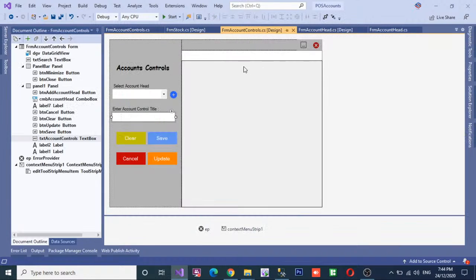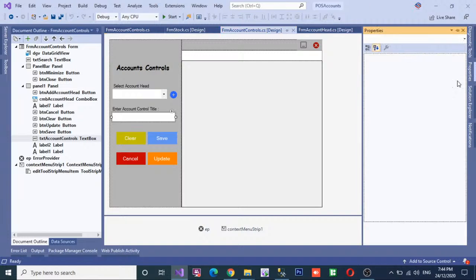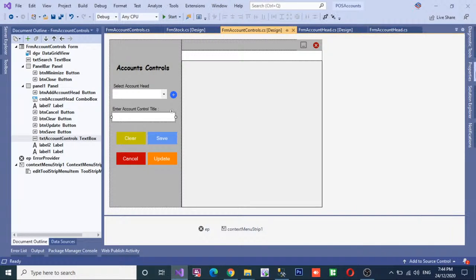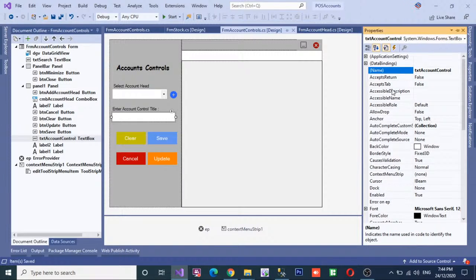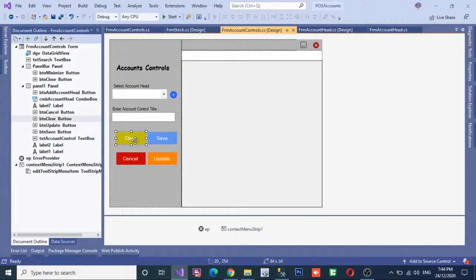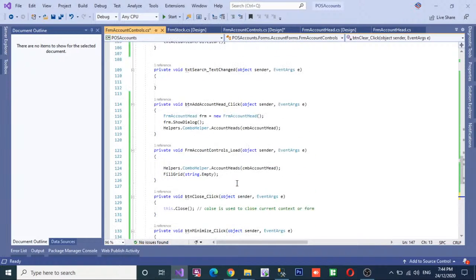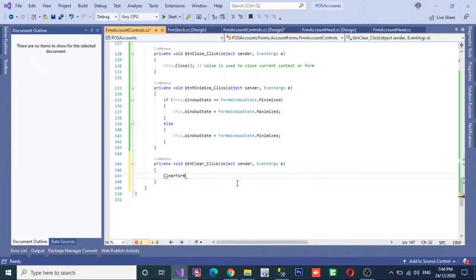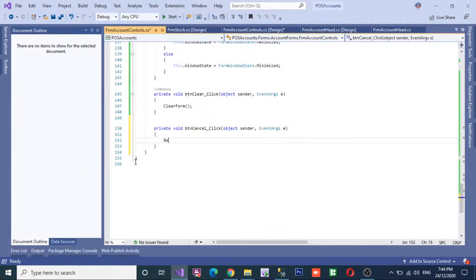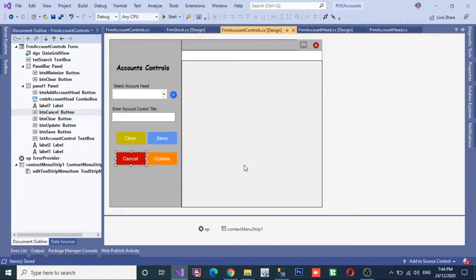Okay, copy this name and set it to the name of this. Select this control, go to the property and set the name, means remove the s. Now on clear method, call the clear method, clear form, then go to the control and call on cancel reset components, which is used to cancel the updation, and